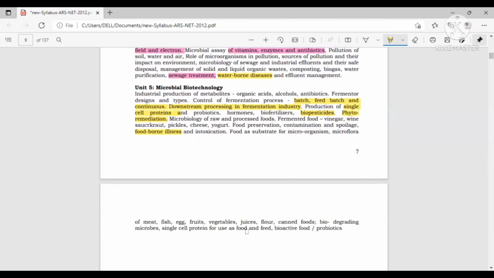And the remaining portion in this module discusses the microflora of meat, fish, egg, fruits, vegetables. Actually, I leave this part, but it is optional. It is left to you if you want to study these portions, because the microflora of meat means there are different groups of microorganisms. It is very difficult to remember the names of all the groups separately in case of different types of food. So if you have that memory, and if you want to cover the entire syllabus, then you can obviously prepare well for this also.